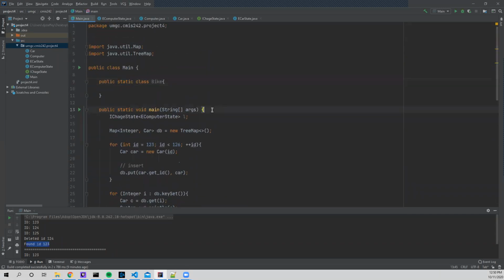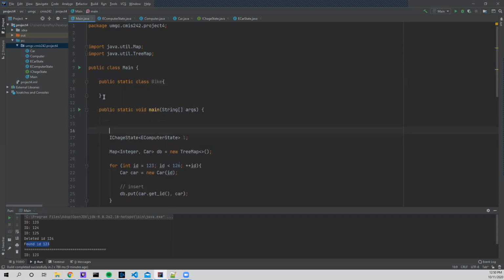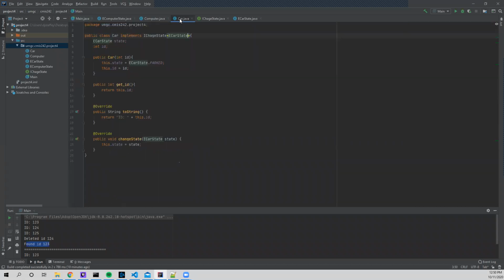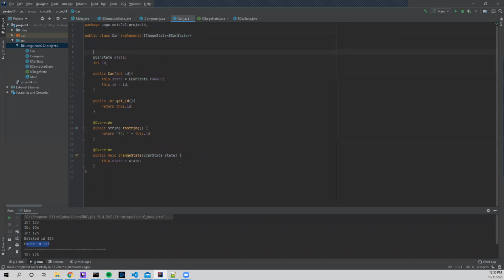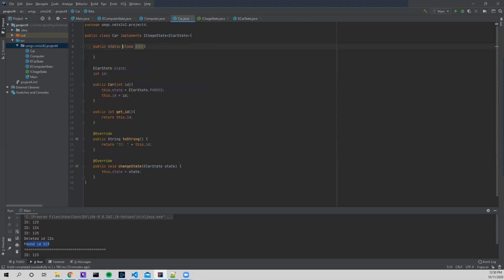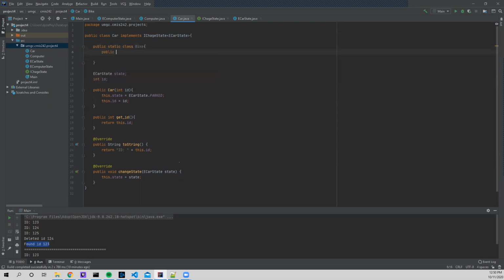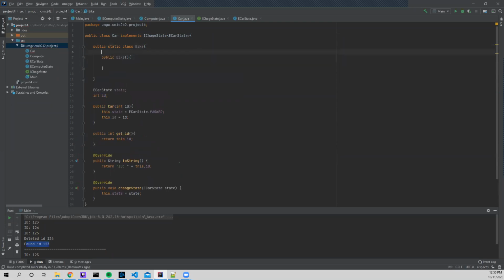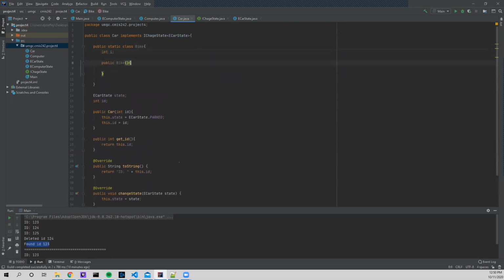And if we want to implement this, actually it'd be better if I did it from another location. So let's just say in car. For some reason, the example doesn't make sense, but let's say I have a public class bike. Actually, it needs to be a public static class bike. Let's make a constructor and have it take a variable int i, this.i equals i. Whatever. But so now when I want to use this class,